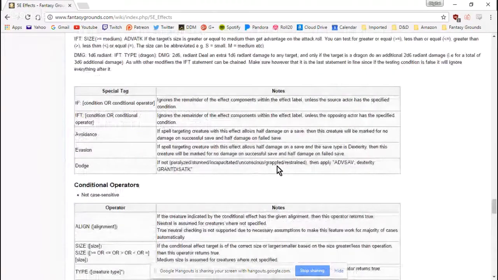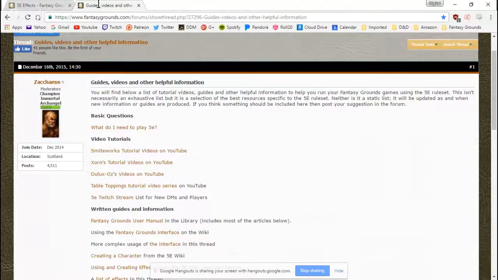Okay. Now, the next page that I want to show you is by one of the more active members of the Fantasy Grounds community. His name is Zacchaeus. He does a lot of module plugins. He creates a lot of maps for the published 5e adventures. Like he did a complete Out of the Abyss map pack. Really beautiful. I recommend downloading it. Just type in Fantasy Grounds Zacchaeus map pack or Out of the Abyss map pack, and you can find that also that way. So here's a post by Zacchaeus, and this is also a general how-to video